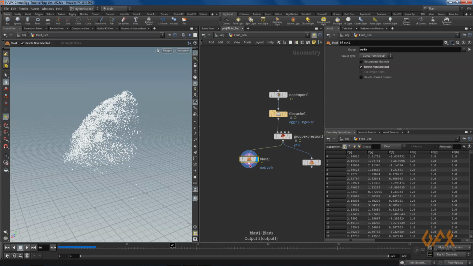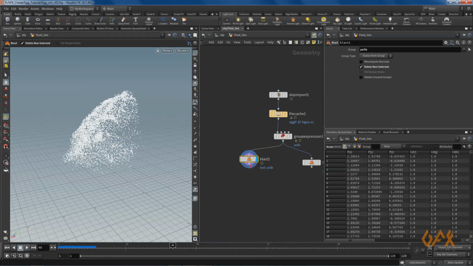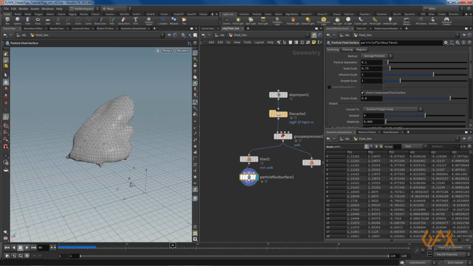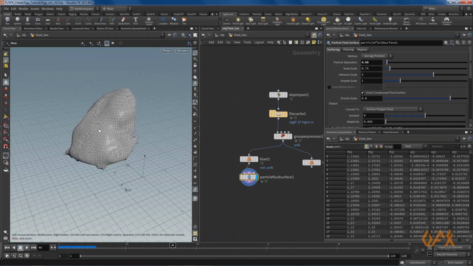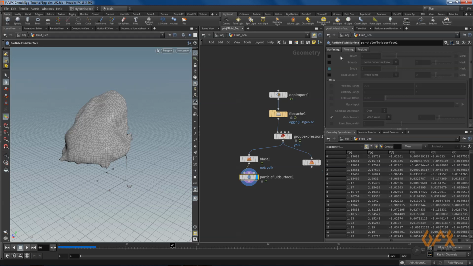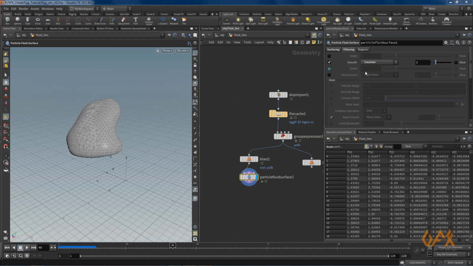Now you need to create geometry for that. So for that, what I prefer, I create one particle fluid surface over here, and here you can set the value to 0.08 maybe. Okay, and go to filtering, just apply smooth, and over here maybe Gaussian, depends.